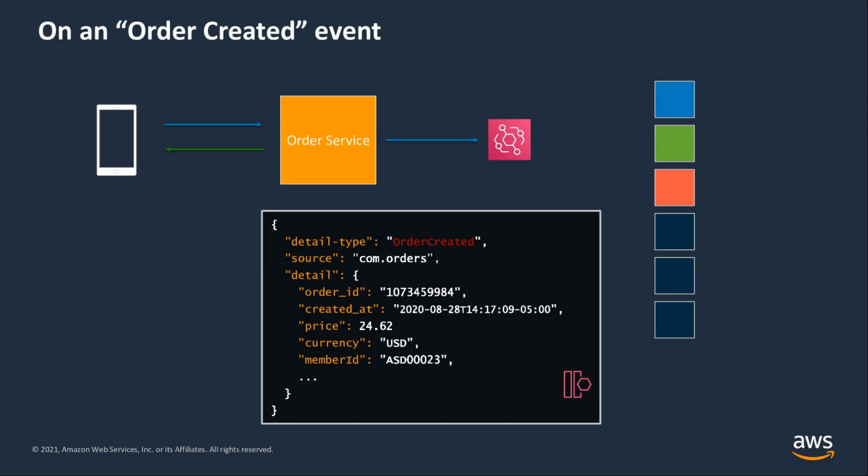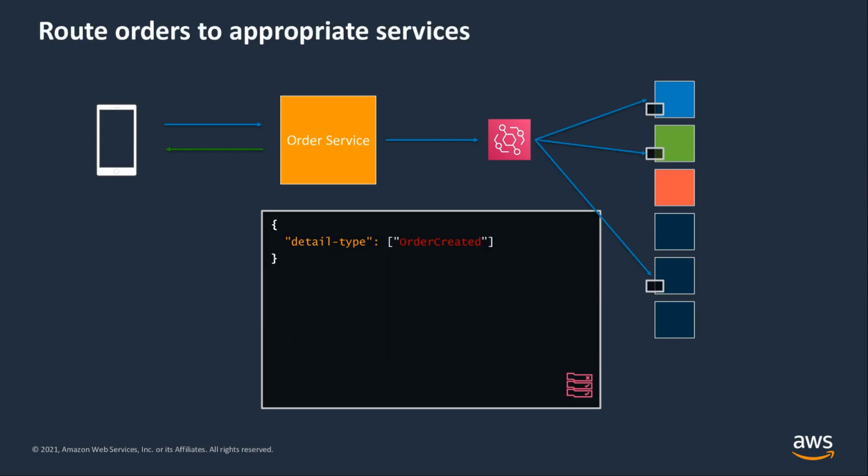But you don't have to deliver all your events to all your services that subscribe to your EventBridge bus. So what do we mean by that? Using EventBridge, we can easily filter events and send only specific events to the downstream services based on event attributes and data. So in this case, we want to filter the event based on the detail type attribute value. In our case, it's order created, and we only want these 3 services to receive it, the ones with the arrows pointing to them on the right side of the diagram there.